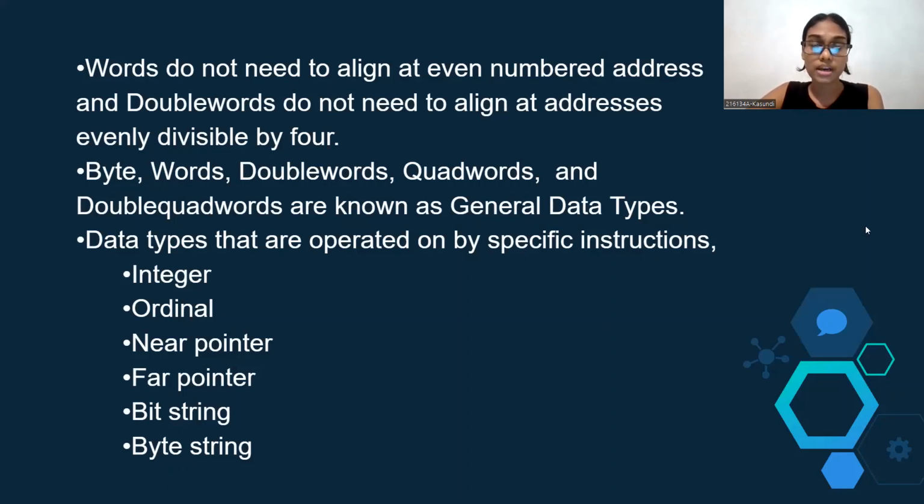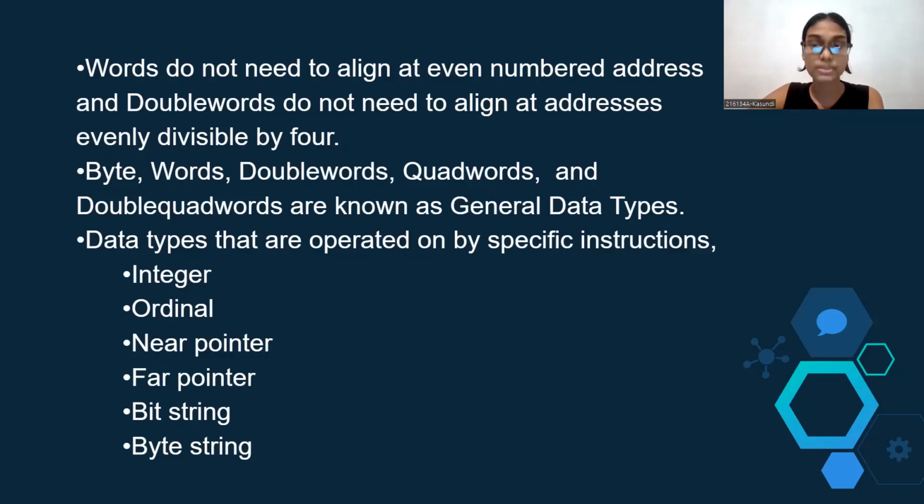But if the data are accessed over a 32-bit bus, the transferring starts at addresses that can be divided by 4, and data transferring takes place in units of double words. These data types of 8 bits, 16 bits, 32 bits, 64 bits, and 128 bits, which we call a byte, a word, a double word, a quad word, and a double quad word respectively, are referred to as